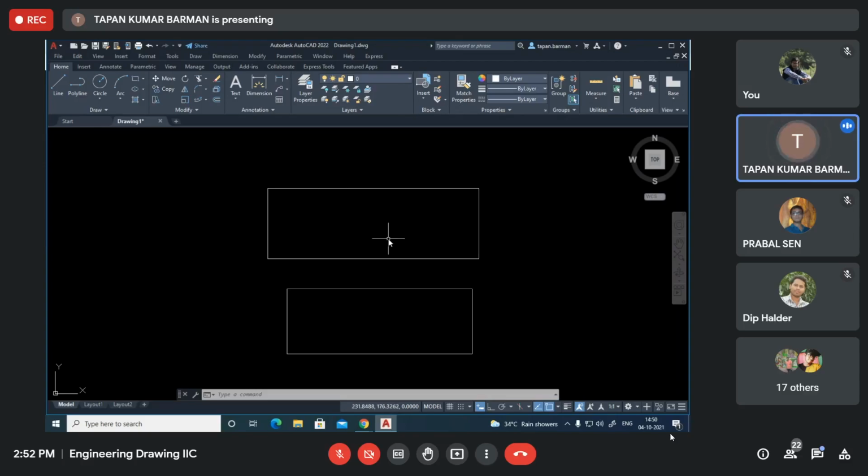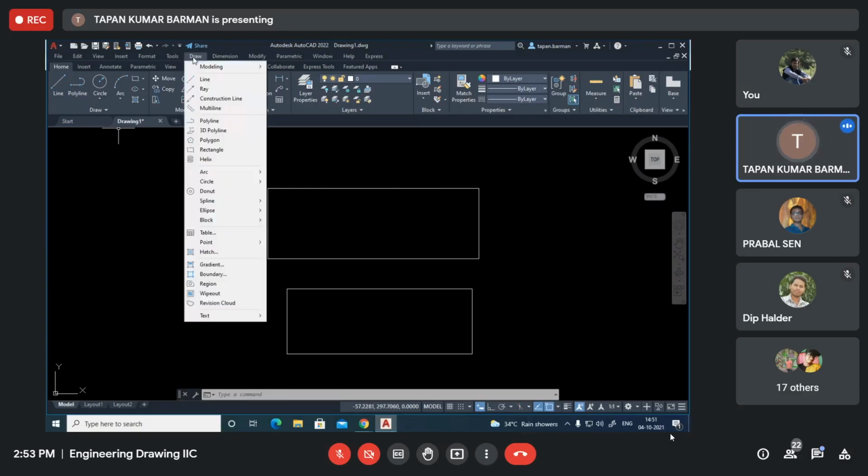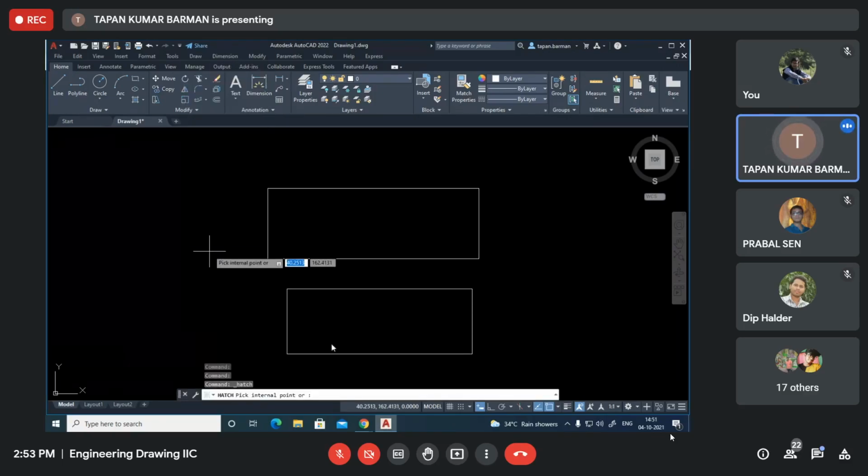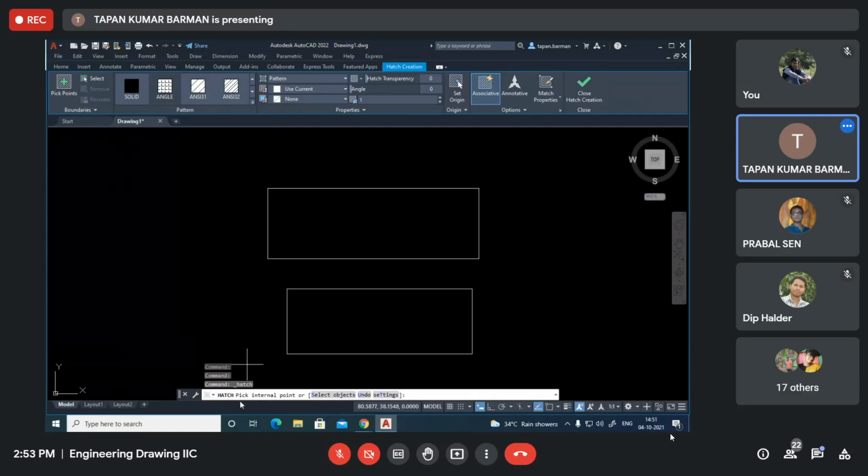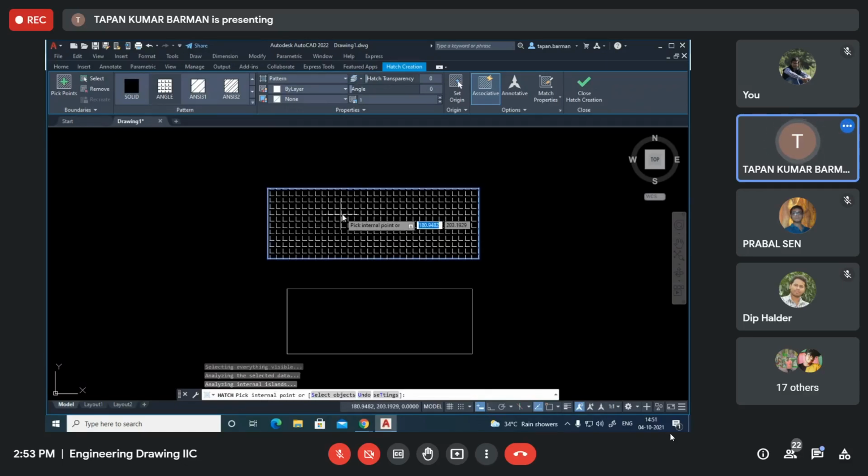So here I want to show how to draw the hatch lines in your drawings. Here the hatch command is available. This is called the hatch command. If I take the hatch command, you see it says pick internal point. So I can pick this internal point.